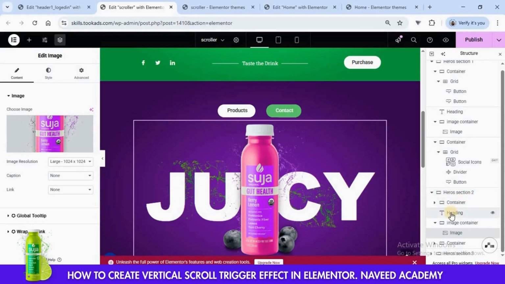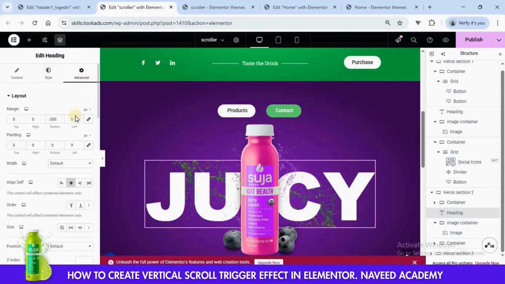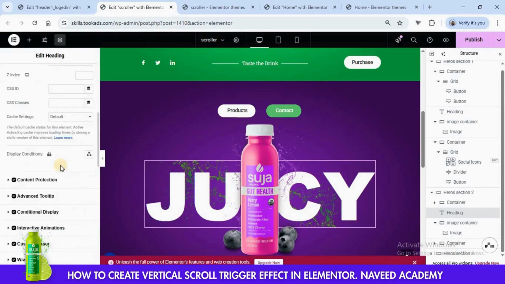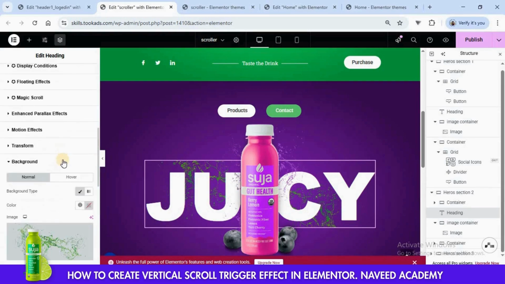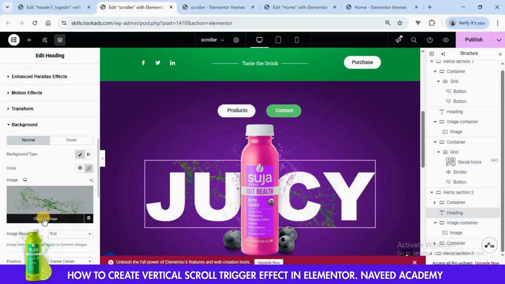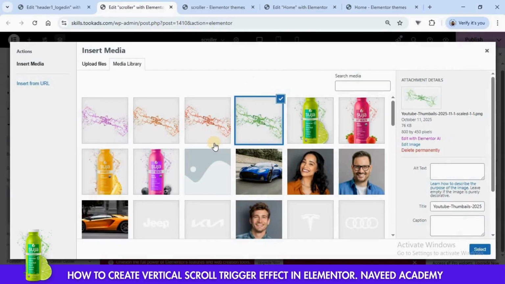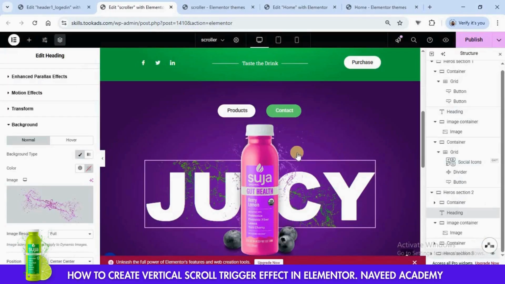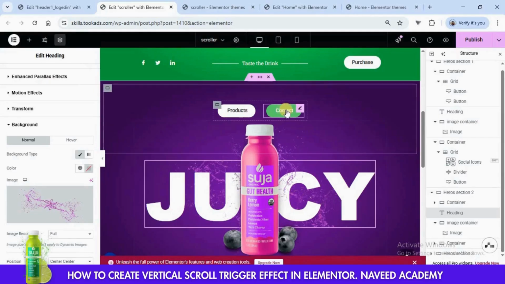Click here on heading, go to advanced, scroll down and go to background and click here on choose image and choose another image related to our background. Now after this we also need to set the color of this button.